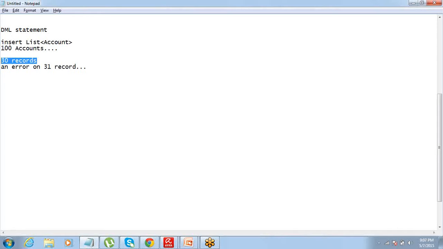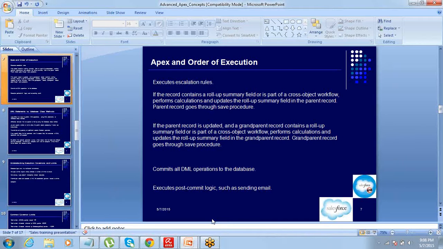Correct? So that's the logic that works for a DML statement also. All these standard DML statements, insert, update, delete, all the DML statements work on this logic, which is again fair enough, a good thing which happens. But it is similar to a transaction, right? No, see, the boundaries are different. So when I'm talking about a DML statement, I'm just talking about one single statement. All right, so I want you to understand that logic.